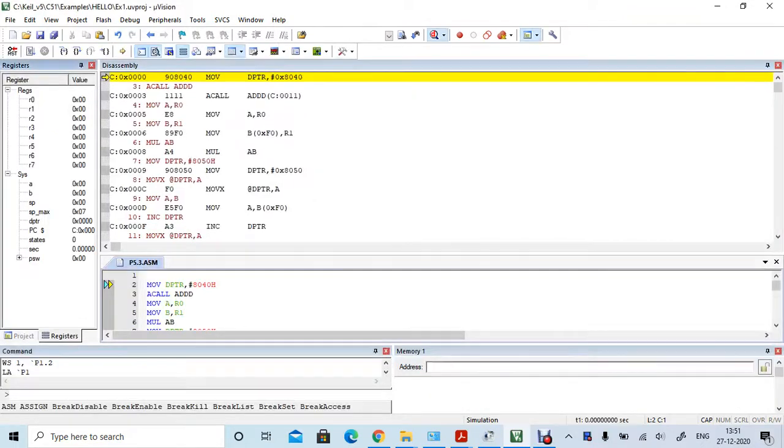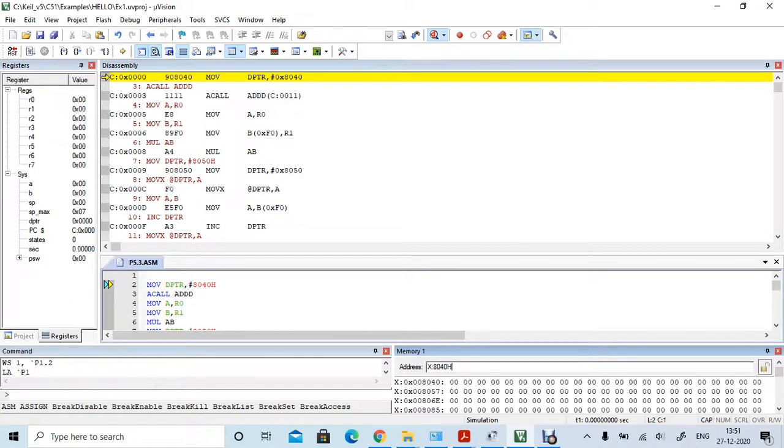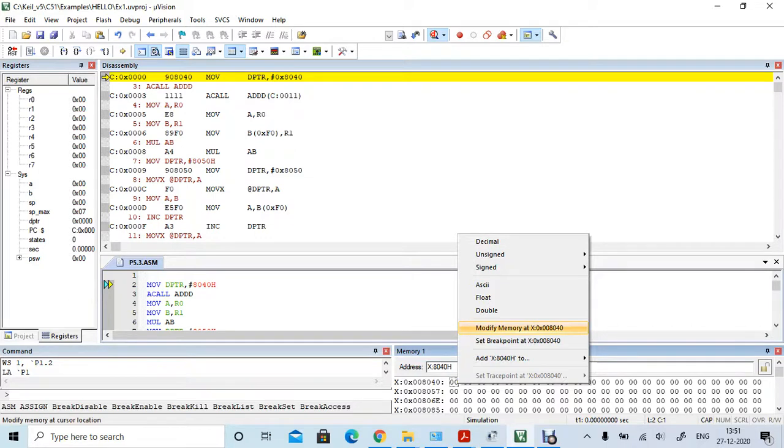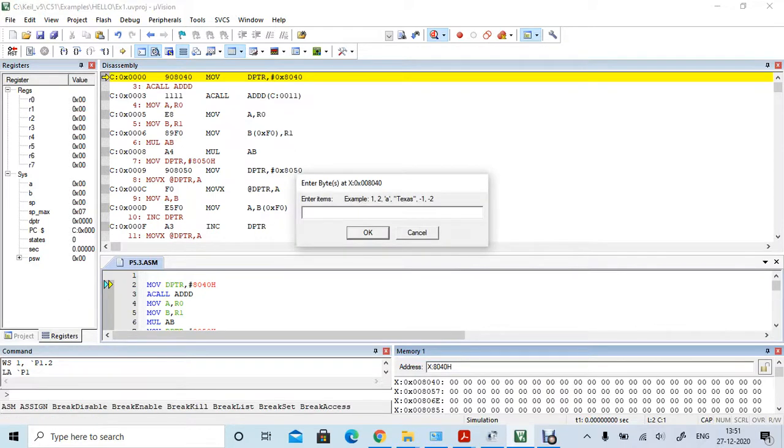In the address bar, give the memory location 8040H, that is x:8040H, and press enter. So now we have to give the input for x1, x2, y1, y2. So on the first location, click on it and right click on it and click on modify memory. So give the input